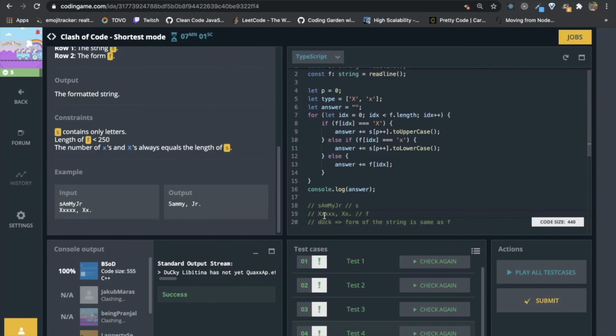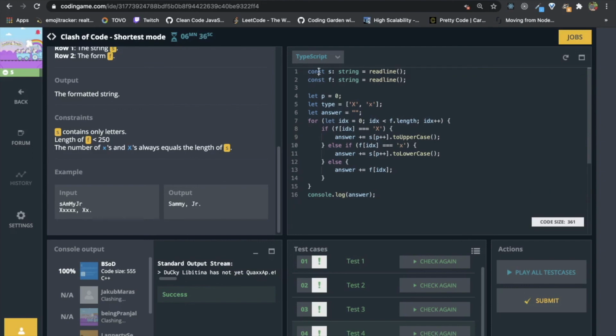You need to know that the number of alphabets in string S and F are the same. So we converted the alphabets and left the other characters such as commas and white spaces in their places only. So there will be no effect of them, and we can do this. So let's shorten it.